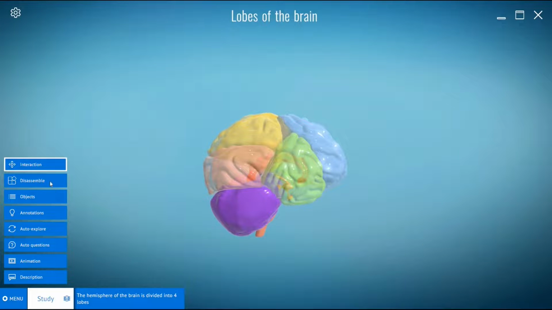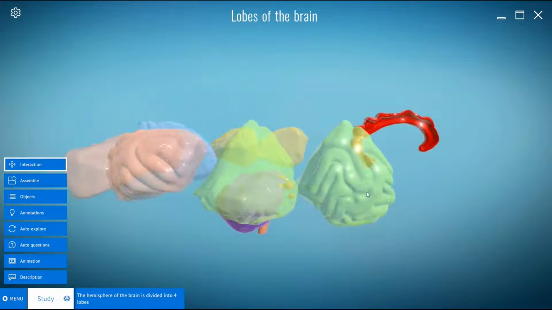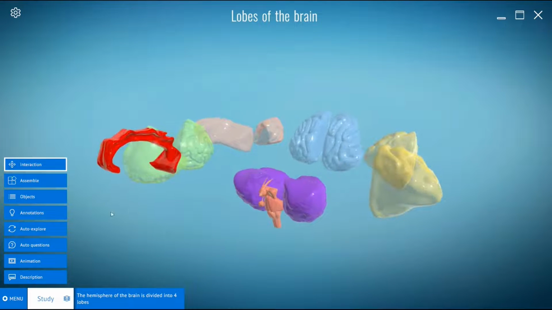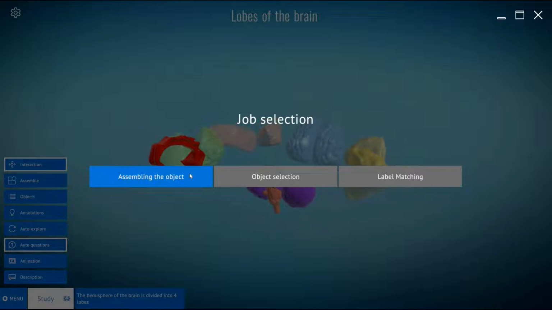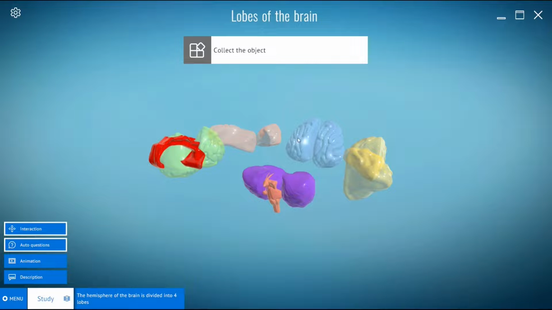Now that you've studied the lesson, let's look at assessing your learning. By clicking Auto Questions, we can complete 3 different tasks. Assemble the object properly,